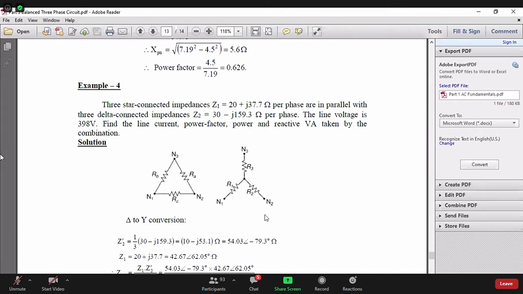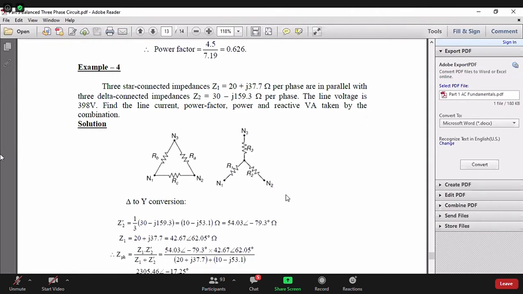Well, here comes that another knowledge that I told you in my last class: convert it to either star or delta. Because now if I convert this star to delta, then what happens? I get an equivalent delta of this star. And that equivalent delta, how will that be connected? Of course, between N1, N2 and N3. So in that case, there will be two impedances in parallel between N1 and N2. Similarly, N1 and N3, N2 and N3. So this problem can be solved only by star delta conversion. Otherwise, you cannot solve it.